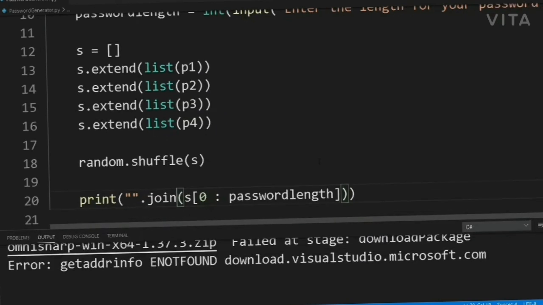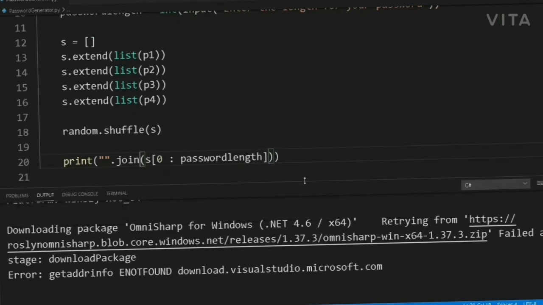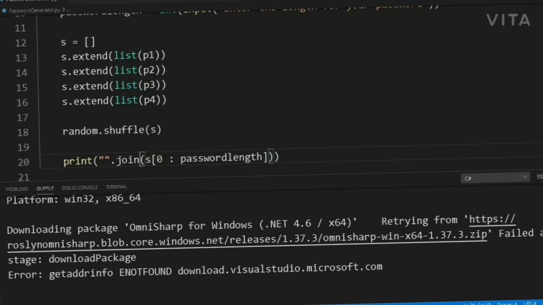So let me sort this away. Now let me explain this again. This will print the password, and we are adding join here because otherwise the password will be messed up and we will not be able to use it. Here we have the join command, and then s, because this is a string, and 0 colon password length.